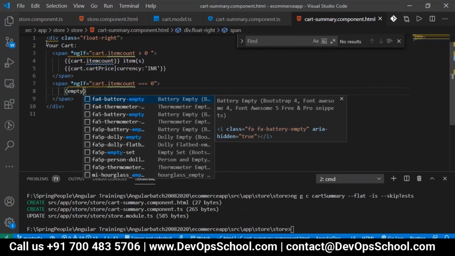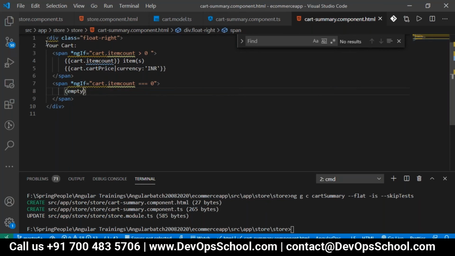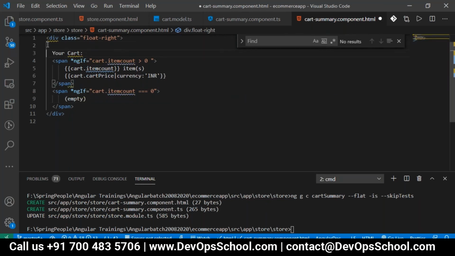I wanted this in the small size, so I'm using an HTML tag called small, just closing after the span. But as per the look and feel of the application, I wanted some button with a cart symbol.